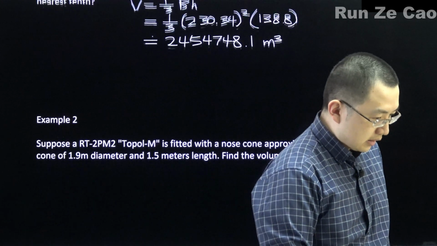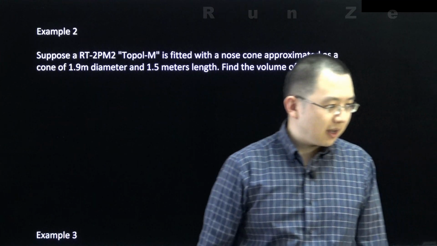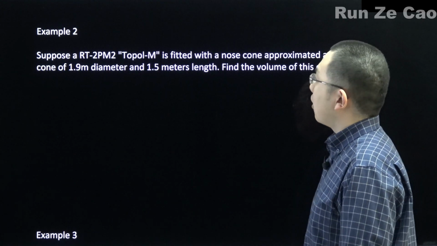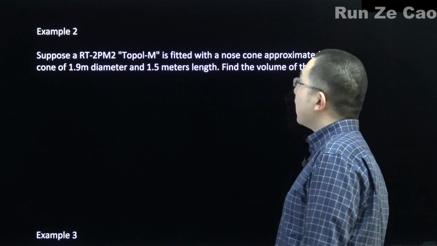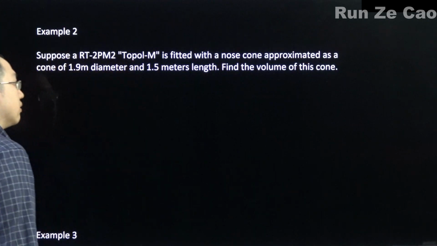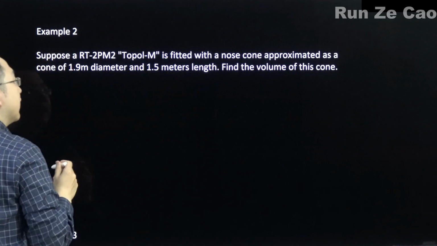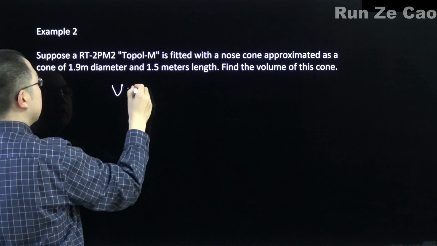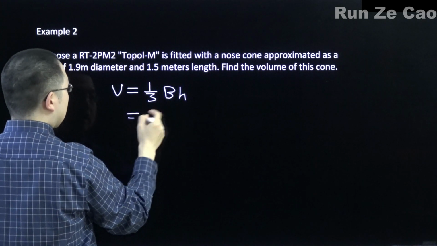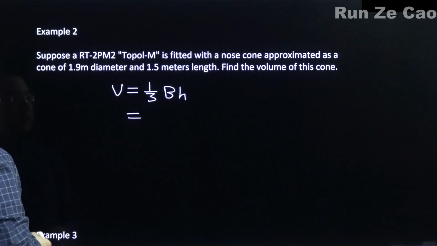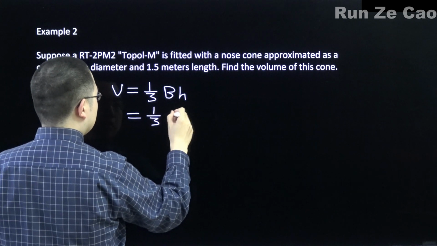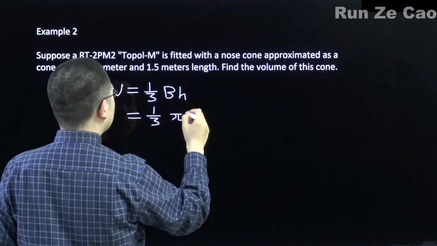Okay. Now suppose a rocket is fitted with a nose cone approximated as a cone of 1.9 meters diameter and 1.5 meters length. Find the volume of this cone. We are finding the nose cone's volume, therefore it's 1/3 base times height. In this case, height means the length of the cone. Okay, so 1.9 meters diameter. We're looking at 1/3 pi r squared, so